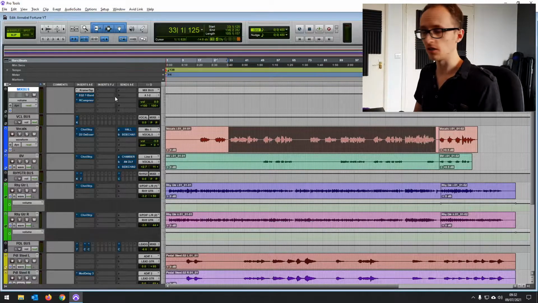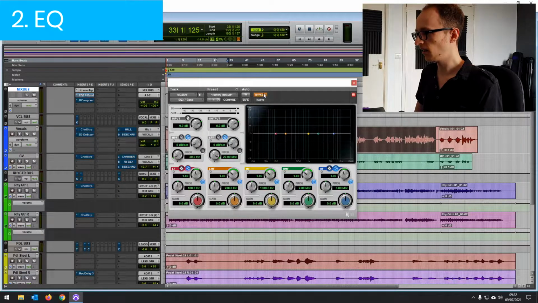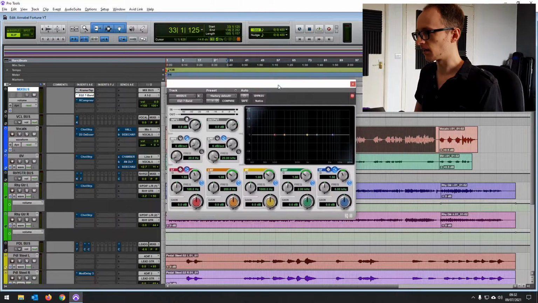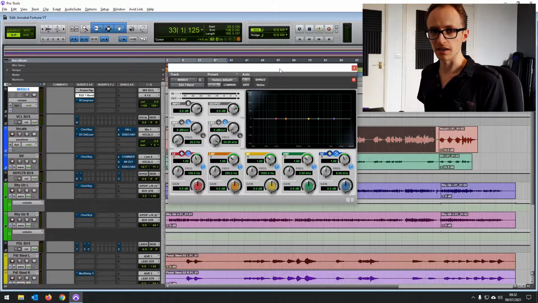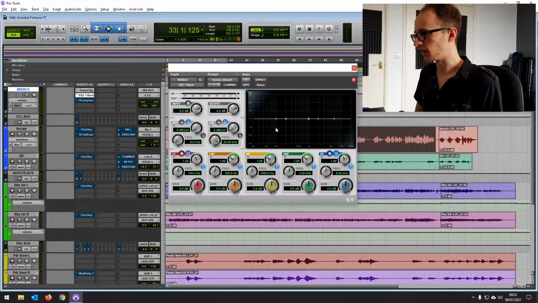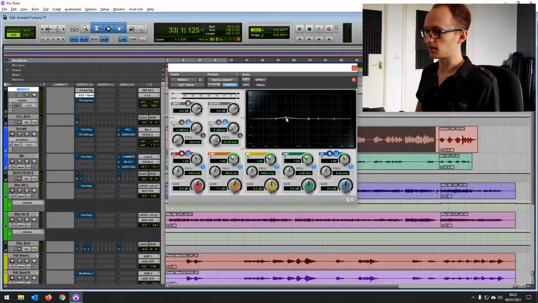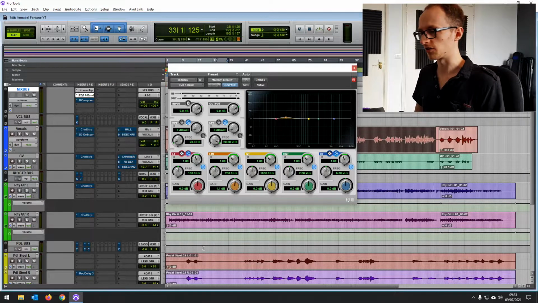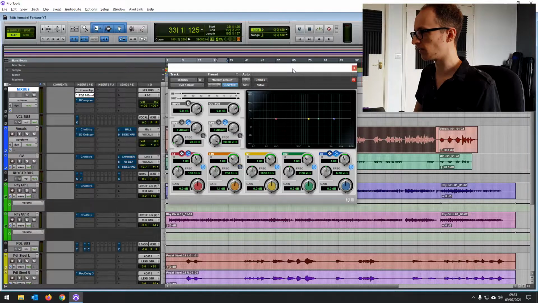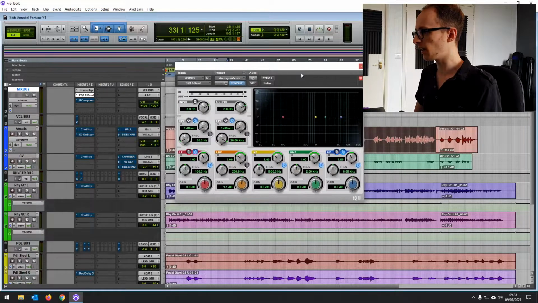The next plugin I want to use is an EQ. I'm just going to get the standard 7-band that comes with Pro Tools. Again, we're just sort of making subtle changes here. I'm probably going to say that word another 5 times for the rest of the video, but if you make a 1 dB boost somewhere, it's effectively like making that 1 dB boost across every single track. So we do want to keep things nice and subtle, and mostly I'm going to be focusing on cuts rather than boosts. Straight away I'm going to put a high pass filter on to 30 Hertz, because even on the